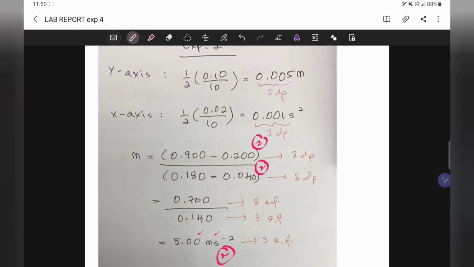Okay, so remember, you need to refer to this method for the calculation of gradient in your lab report. Mostly for the lab test, because 6 marks